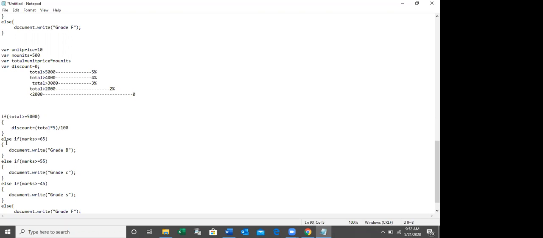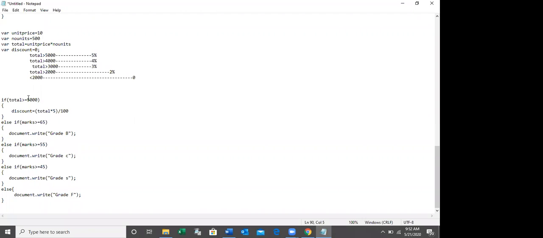Then else if, that means if it is not greater than 5,000, you have to check the next condition, whether it is greater than 4,000 or not. Okay, right. So 4% discount. Then you have to calculate whether it is greater than 3,000 or not. Then calculate the discount, that is 3%.